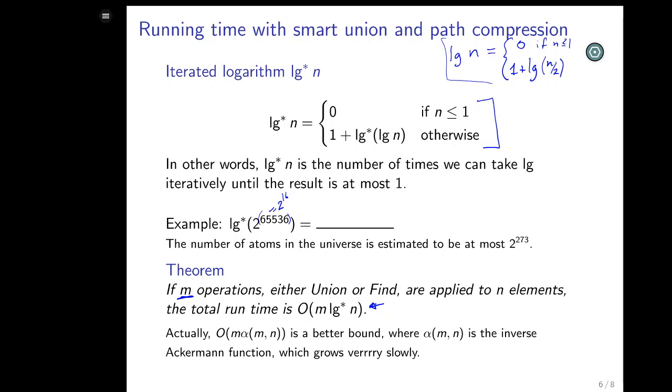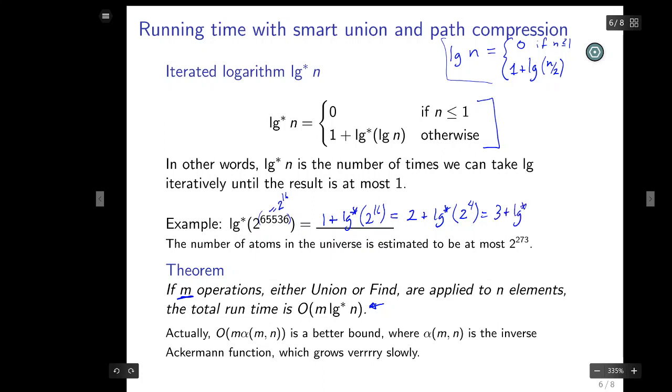So this is saying log star of this number is 1 plus log star of 2 to the 16th, which is equal to, well, the log star of 2 to the 16th is 1 plus, so this is now 2 plus log star of log of 2 to the 16th, which is 16. 16 is what? 2 to the 4th, which is 3 plus log star of